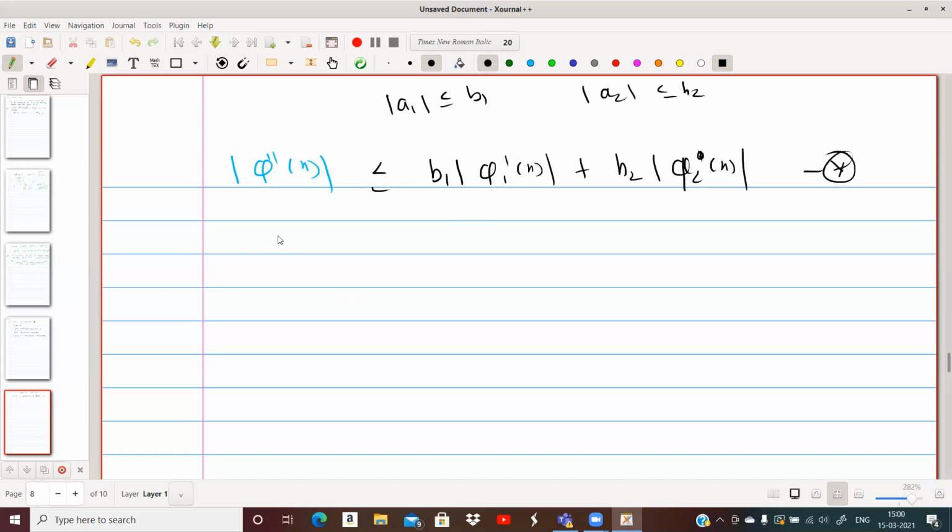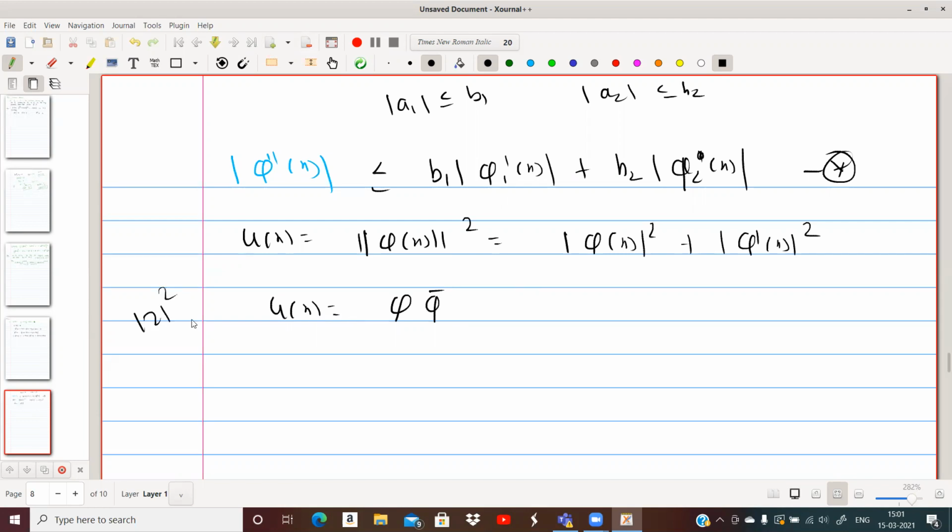Now as well, you have to take u of x as the norm of phi of x squared. The constant coefficient also you have taken the same. So norm phi x squared means what you have taken? Magnitude of phi of x squared plus magnitude of phi dash x squared. What does it mean? This u of x can be written as, instead of phi of x, I'll write phi into phi bar, because mod z squared is z into z bar. So this will be phi into phi bar. Here phi is a complex valued function. Plus phi dash into phi dash bar.